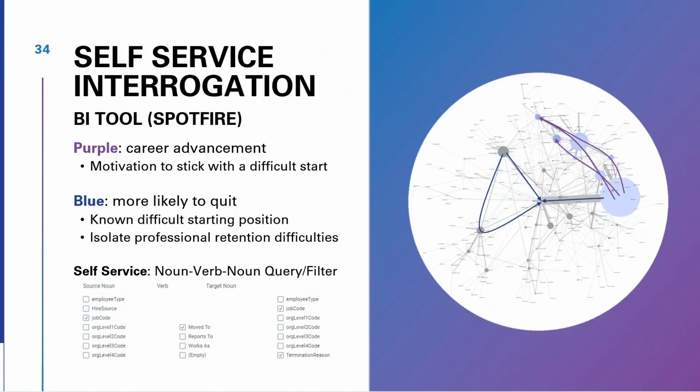And then in blue, we could also look at what was going on with how people were leaving the company. And that helped expose some non-intuitive answers, or some stuff that HR wasn't necessarily paying attention to, because we had that big fat line going from a known hard position to separations. But we had these other lines that, oh, those are actually really important. And they were significant. And seeing this visualization was actually enlightening for them, to be able to come forward and have that presented to them on their own.